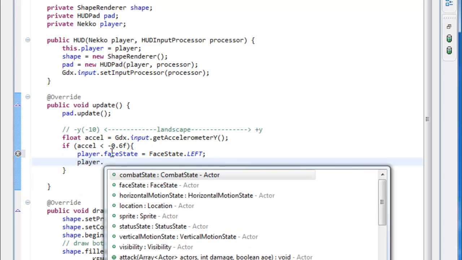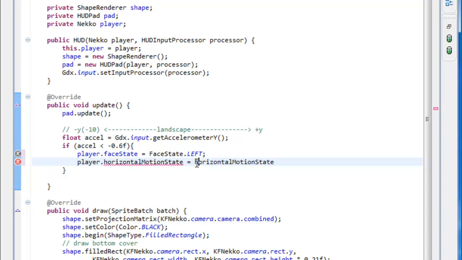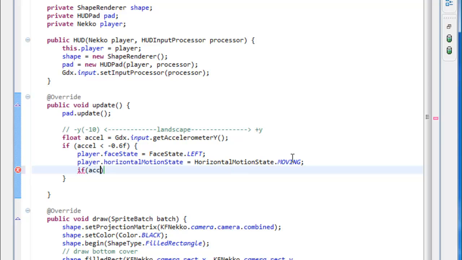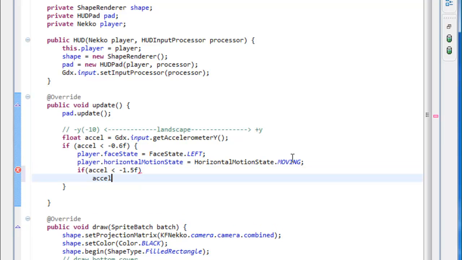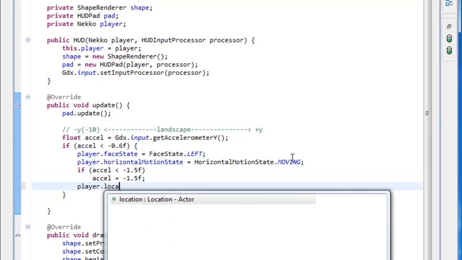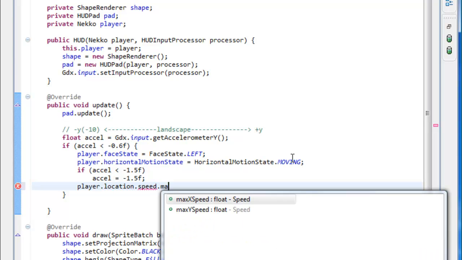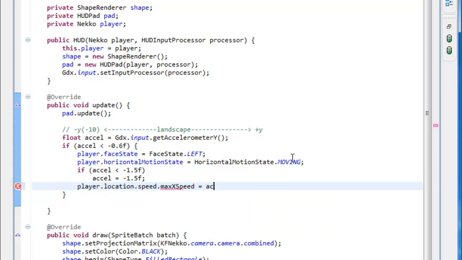Now we're going to set our horizontal motion state equal to moving. And if our acceleration is less than negative 1.5 f, we're going to cap it. This is our maximum acceleration. Clip it. Now, for player dot location dot speed, we're going to set our maximum x speed equal to our acceleration times 5.0 f. And remember, this is speed. Speed is just magnitude, meaning it doesn't have direction, so this should always be positive. So we're going to put a negative here,